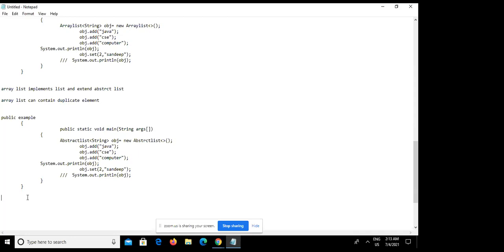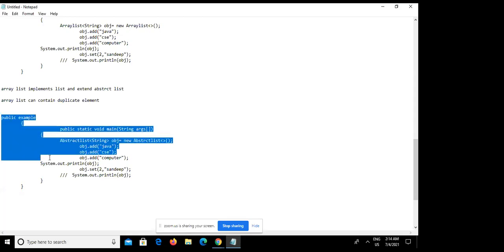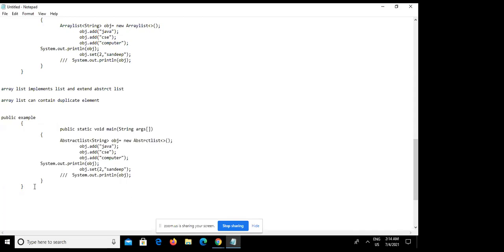Sometimes when I take the core Java class, there I will say what is an interface. In an interface, there is the abstract class, which is implemented by some other child class. So an interface generally takes some definition, and we implement that definition inside the class. But a class is simple. Here I am taking the abstract class object, and by making the object, I am adding methods inside it: add operation, set operation, and remove operation. So these are the operations that I am doing.